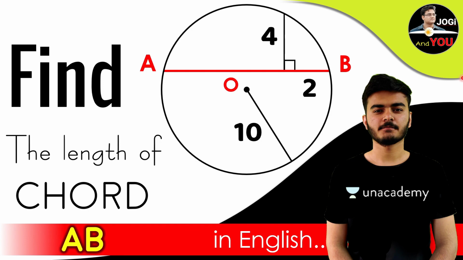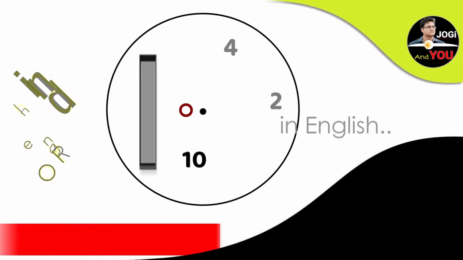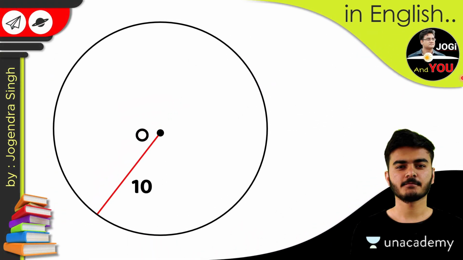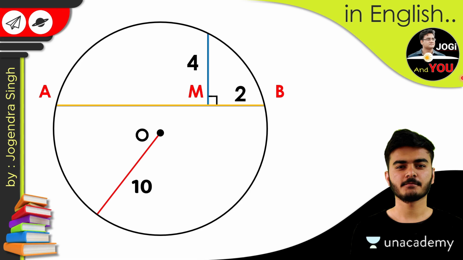These types of questions are very typical, most people can't solve them. So for solving this, we took a circle with radius 10 and a chord AB, and we are going to find the length of this chord. We have a perpendicular to AB at the point M, the right side is 2 and the perpendicular is 4. It seems like this information is too little to solve this question. So how to solve it?